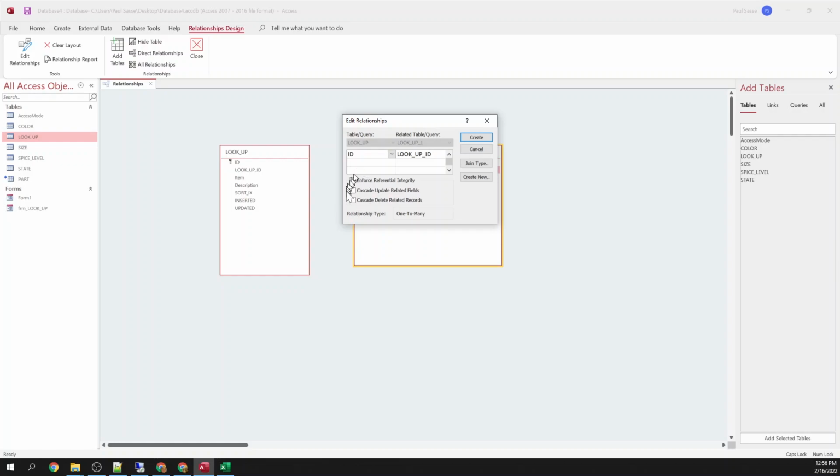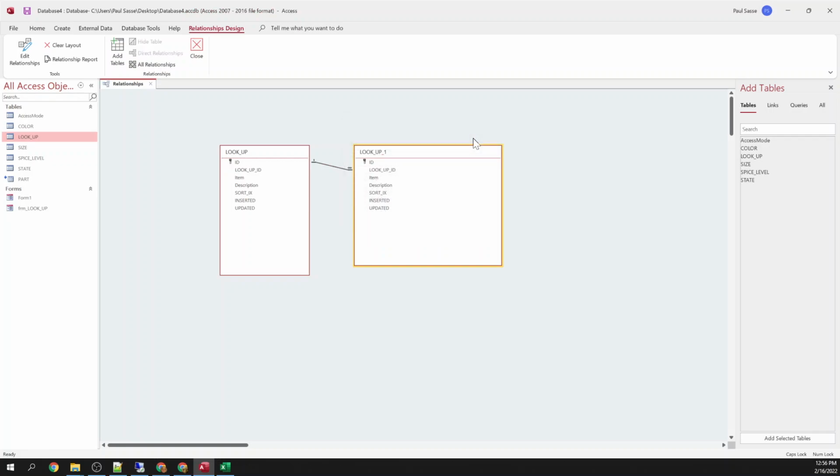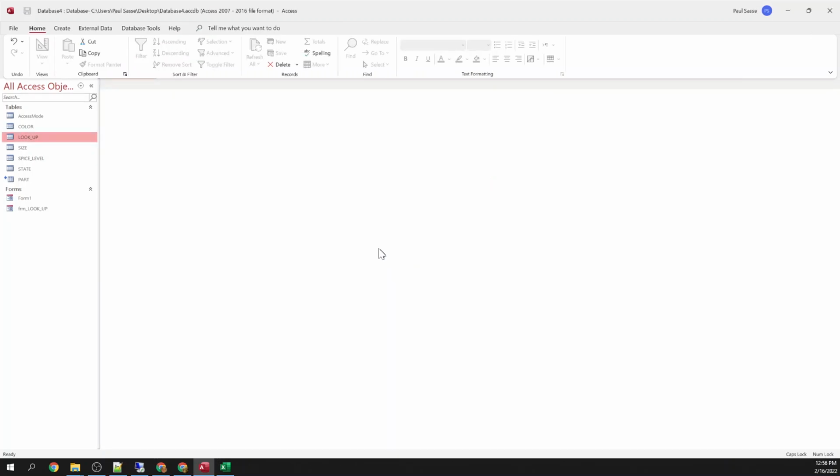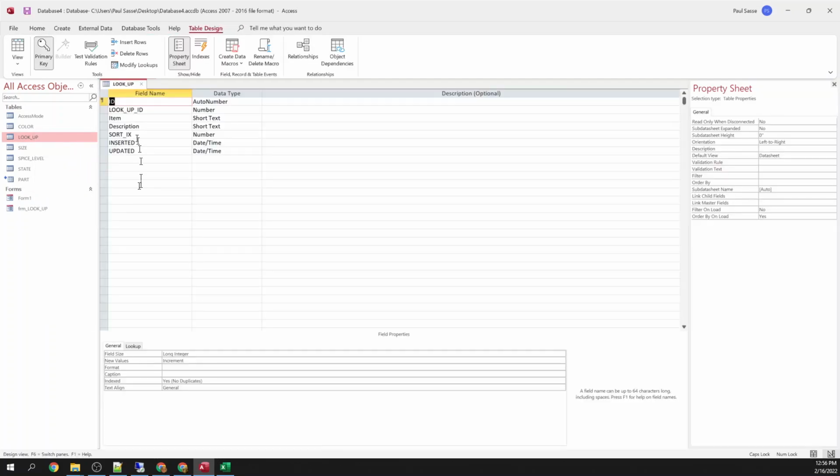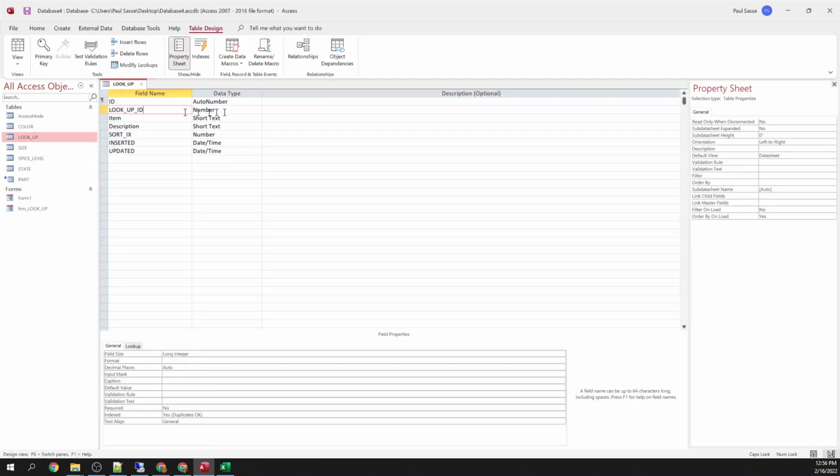Now, the reason I have to make that field not required is that this lookup ID field has to have a value that appears in the primary key somewhere. So I can't just say, okay, my categories are number 0 or something like that. And if I give it another record, it's going to mess things up. So I just make it not required. That way it allows you to leave it blank, and I know the ones that are blank then are my categories. You could also do